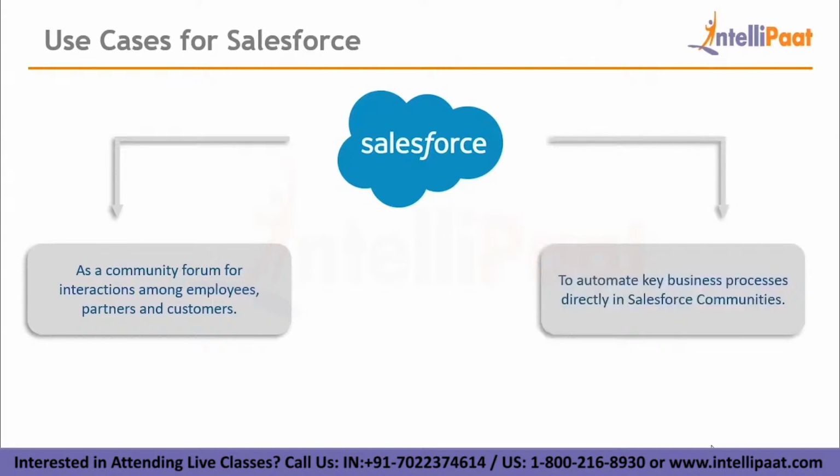Also, as an alternative to applications on the Salesforce.com platform, you can automate key business processes directly in Salesforce communities. The app is a comprehensive automation solution for your entire business process. For example, it is possible to enable partner relationship management processes like partner onboarding, lead distribution or management, market development funds, and so on. Depending on the complexity and uniqueness of the process being automated, there are AppExchange processes, such as Salesforce Labs as well as third-party apps, and these can be integrated to enhance and enrich the overall solution.